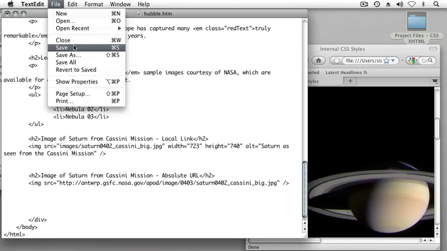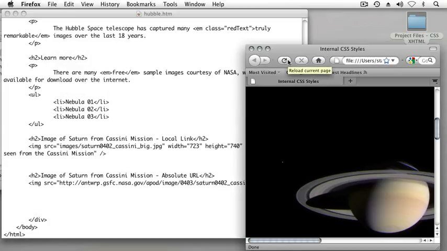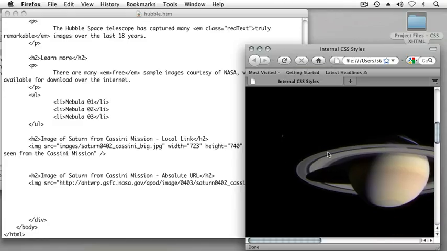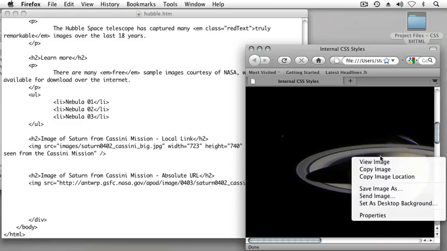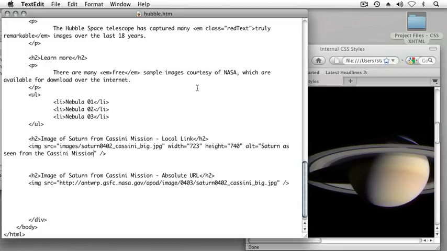And if I save my file and refresh in my web browser, or reload on the Mac, I don't see any text here because the image downloaded properly. But if I right-click on the image using the right mouse button on your mouse and select Properties, here in Firefox you can see that the alternate text is present inside the page. You may not be able to see this on all browsers. So if I close this little Properties pop-up,